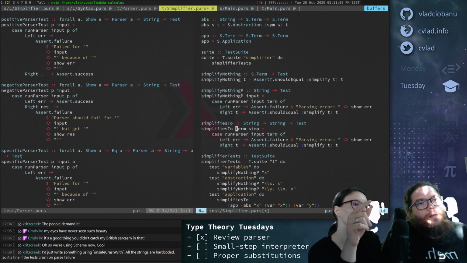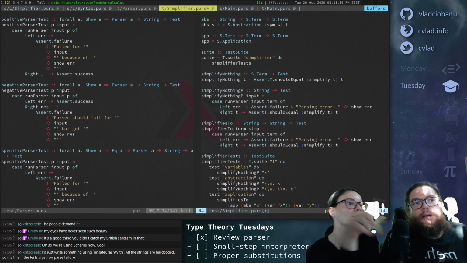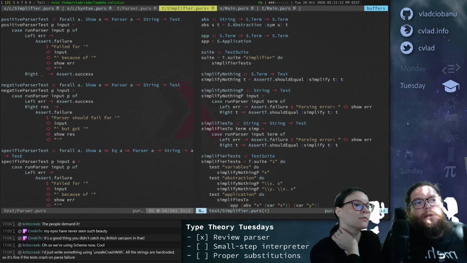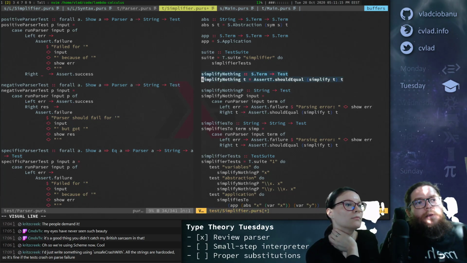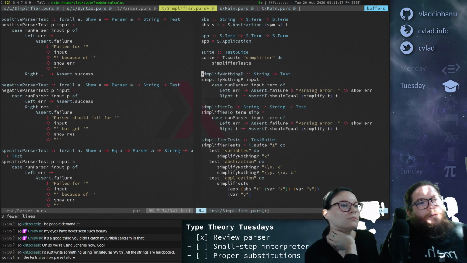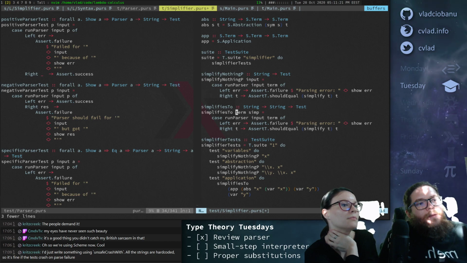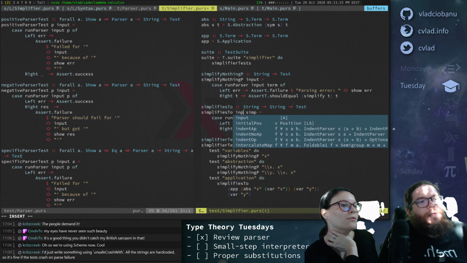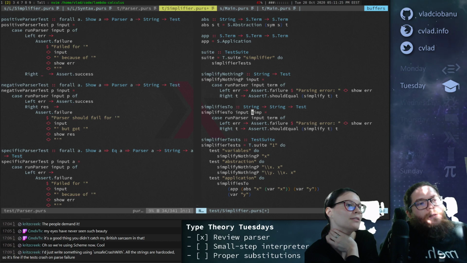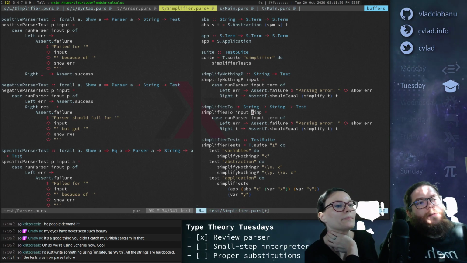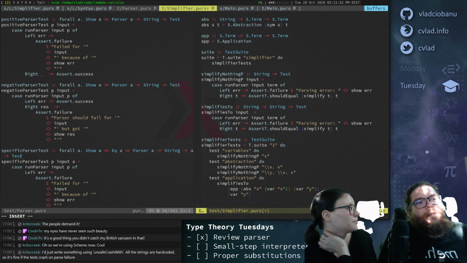Okay. Keep the what? Sorry. Simplify nothing. Do you need it? You mean this one? Yeah. No. Sure. Okay. So this is the input. In the name of symmetry, right? Simplifies to p or something. No, I'll remove the p from the other one. Okay. And then this is the result.